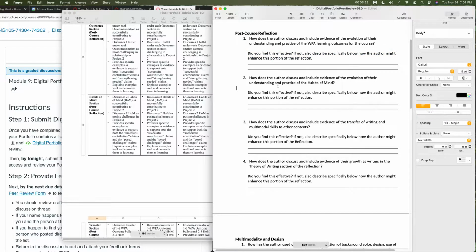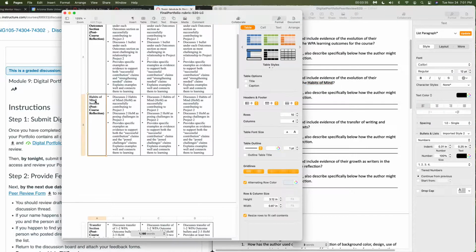Question 2. How does the author discuss and include evidence of the evolution of their understanding and practice of the habits of mind? Same deal as with the WPA outcomes, really. Conveniently, I have the habits of mind section listed here. Have you discussed 2 of the habits of mind that you've worked on for project 2? Have you done this? Have you done this? And to what extent have you